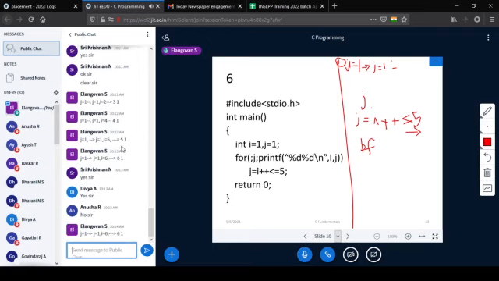So till this 5, 1 got printed, j was 1. Since j is 1, it will go here. The condition is satisfied. The value of I was 5 in the previous statement, right? 5 less than or equal to 5. Yes, it will get 1 again and I becomes 6. Correct? So j is 1 and I becomes 6. So next printf statement, 6 and 1 get printed. Is it clear, Anusha?